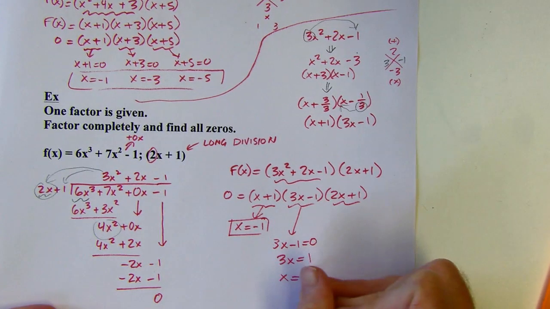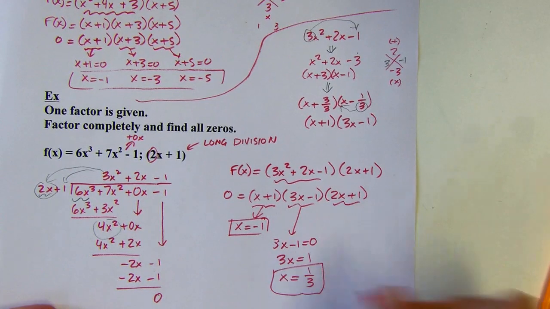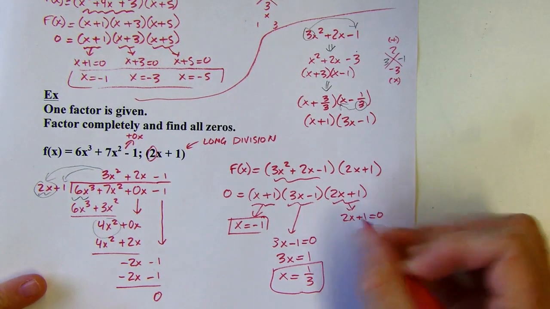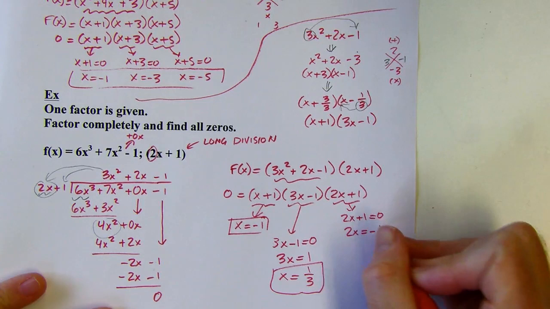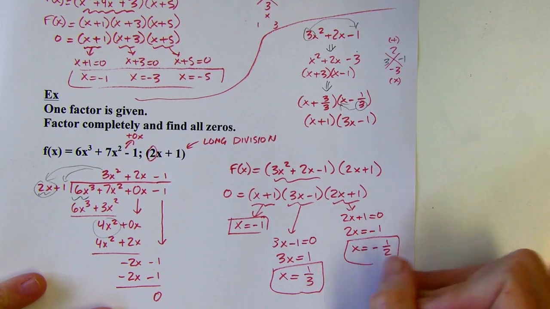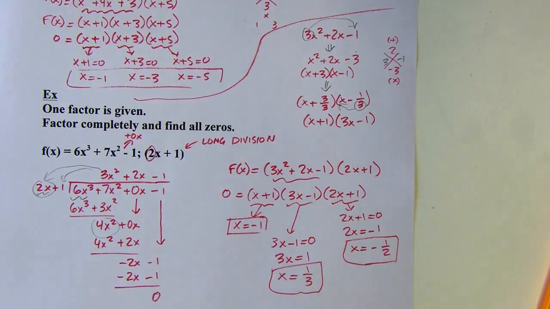X could also equal 1/3. Or x could equal negative 1/2. Okay, so on the next page, we're going to put that together with end behavior to make a little sketch